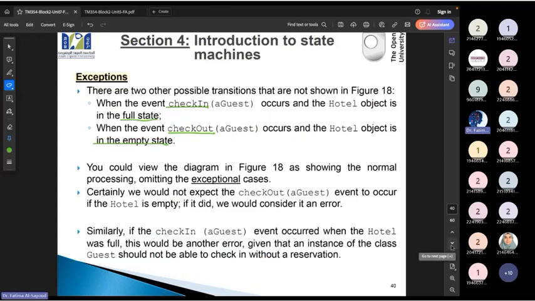So this diagram doesn't show us how we're going to represent it. If you recall from object oriented, we have something called exceptions. The exceptions represent if something wrong happened, what are you going to do? So ايش الاكشن اللي راح يصير لو something wrong happened؟ لو انت جالس تعمل check in والفندق full.